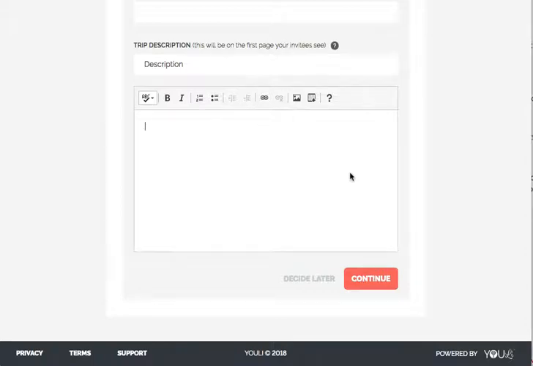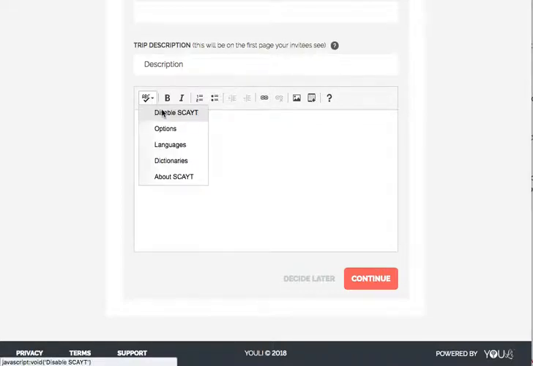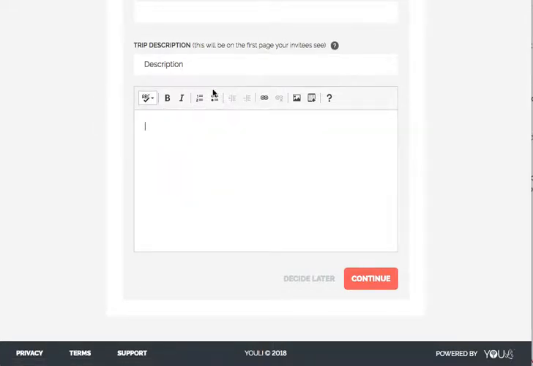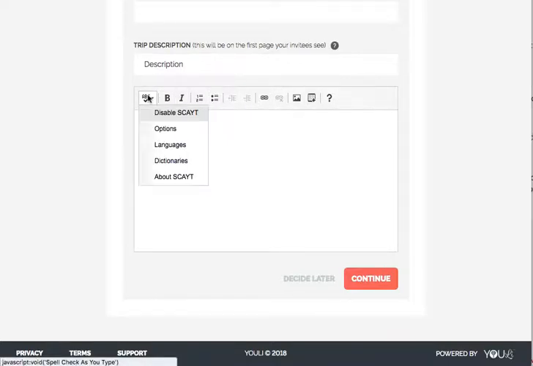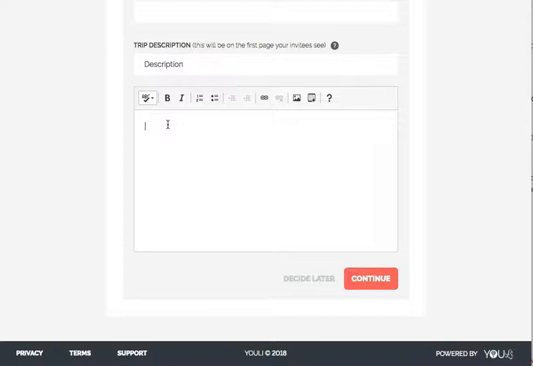In today's how-to, we're going to be talking about a nifty little feature, which is an oldie but a goodie, spell check. In this case, spelled as S-C-A-Y-T, something that would not pass the spell check. So, of course, you can enable and disable the spell checker from this in any input box throughout the system that has this bar. And when it is enabled, you can type